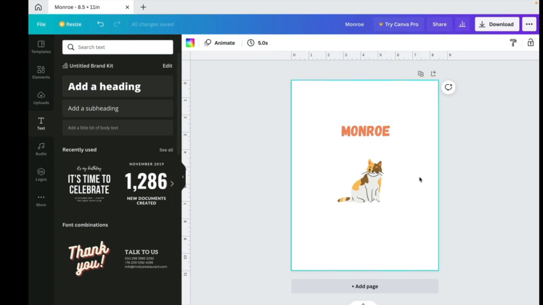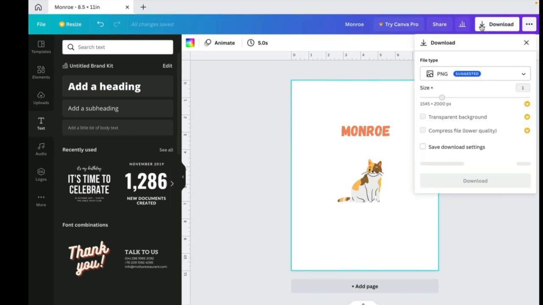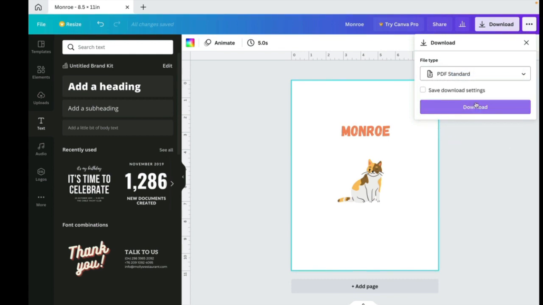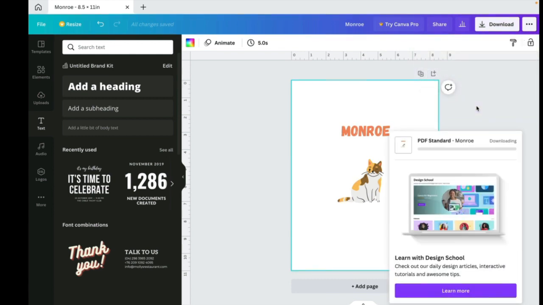And that is pretty much the basics of Canva. We're going to go into more detail in our tutorials on how to use it. But if you want to download this, you can click download. Depending on what you would want, you would do PNG, JPEG, PDF standard, or PDF print. If I wanted to print this out, I would go to PDF standard. I would click download, and it's going to